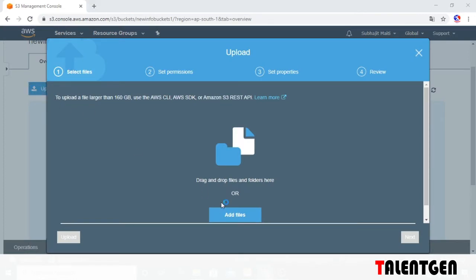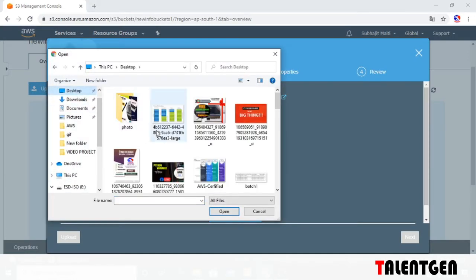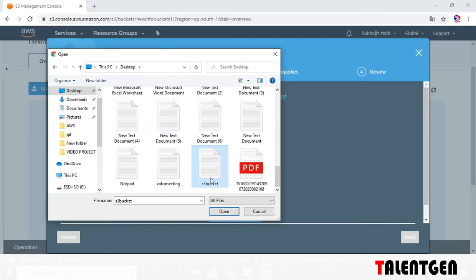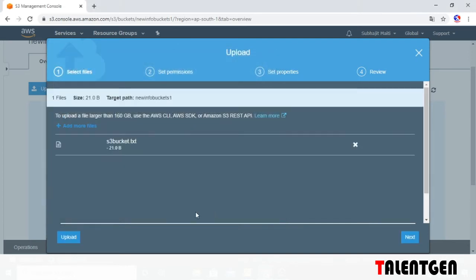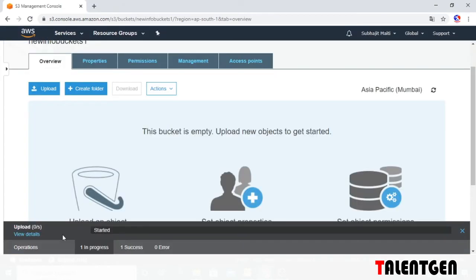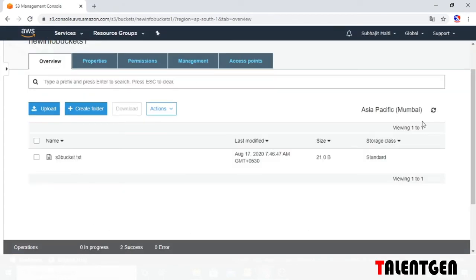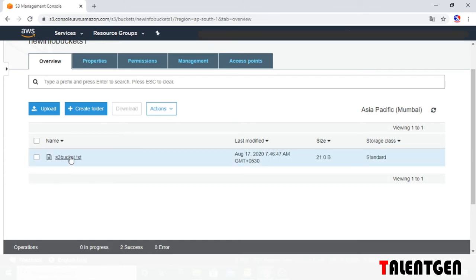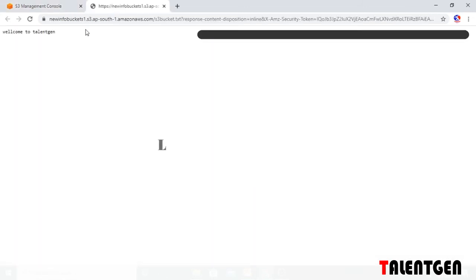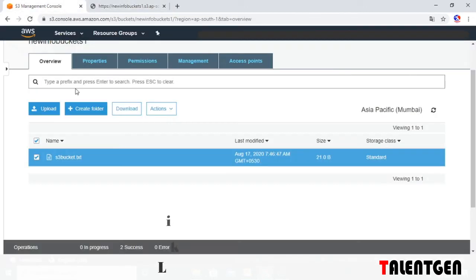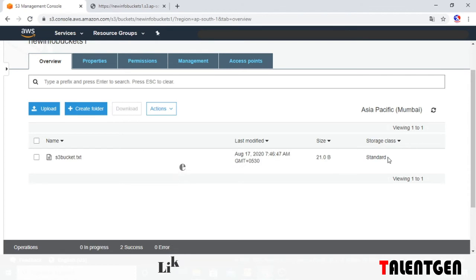Upload, add file, desktop, and the file name S3 bucket. Open and upload it. This file is uploaded. Now open this file. Okay, and now this is the current version of the file.